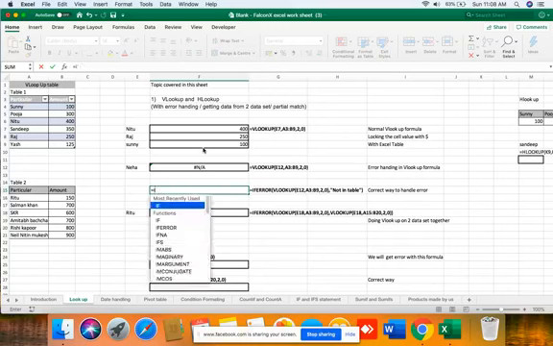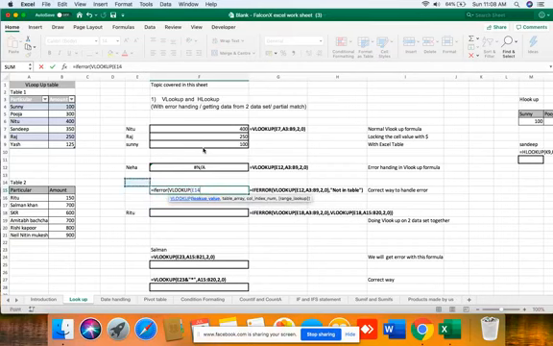We can use the IFERROR formula. IFERROR takes two arguments. First is the value if the formula is right. Second is what value it should give if the formula is wrong.